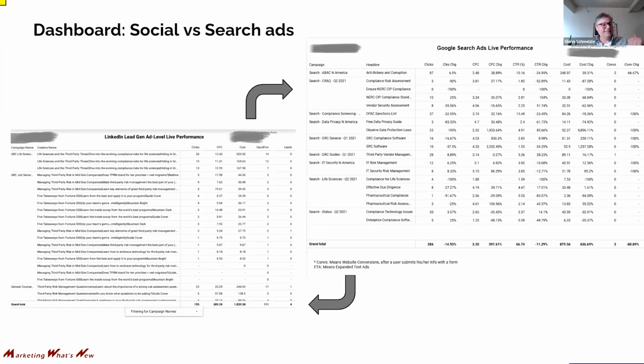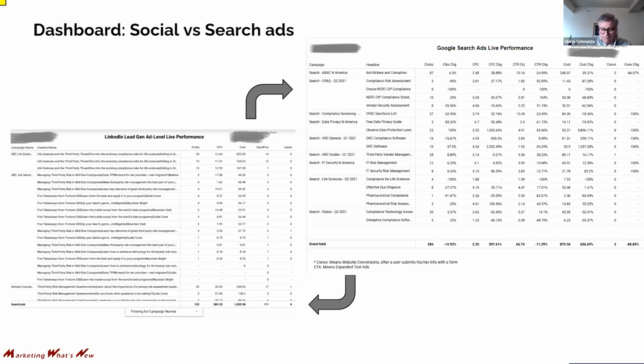I want to say, did the first ad that I ran, did that get me better conversion rates on LinkedIn, or did it do better for me on Google? And you can start to match things across and say, well, where should my next dollar go? Now you can start to see how your imagination becomes your guide for what you're going to dashboard. You aren't limited the way that you would be by the traditional platforms.